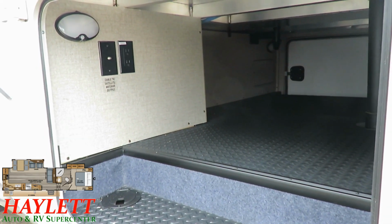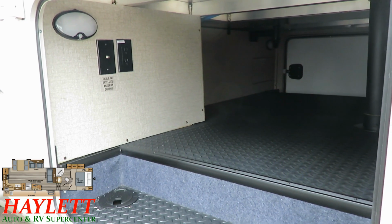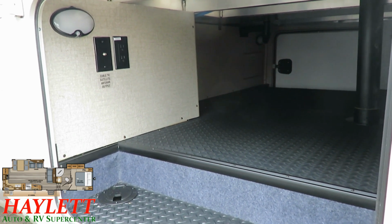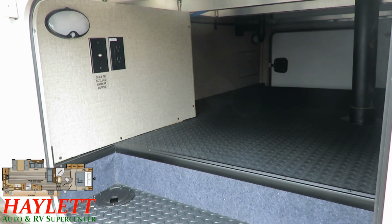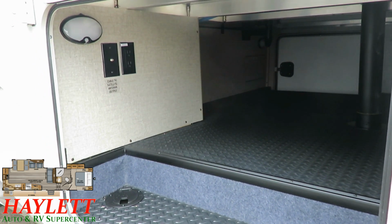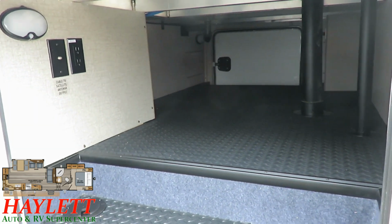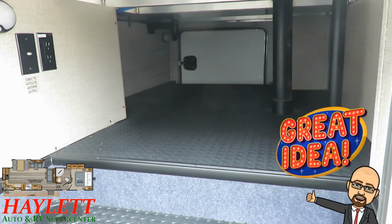Now, a recurring trend I have outside here is that Eagle is smarter. You kind of saw that with the way they arranged the drawers in the kitchen inside. So in this class and category of fifth wheel, you'll find a camper has outside TV hookups and a light in the pass-through, like we're looking at. But Eagles give you motion sense lights on both sides of the pass-through